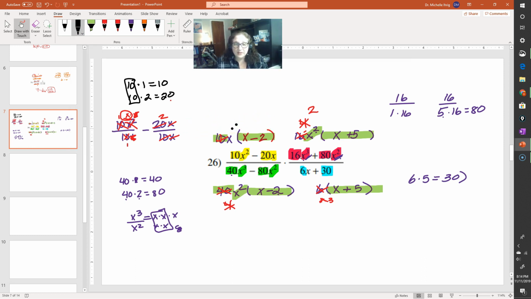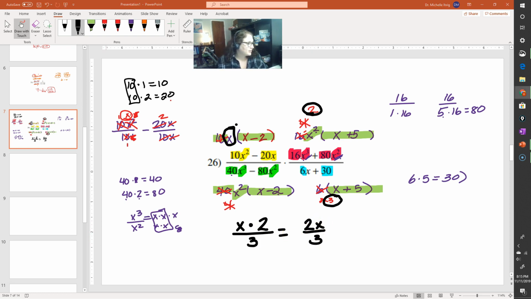So then I see, what did I not cancel out? Well, I didn't cancel out the x. I didn't cancel out the 2. Everything else in the numerator got canceled out. And in the denominator, everything got canceled out except this 3. So that means my answer is x times 2 divided by 3, which we would just rewrite as 2x divided by 3. Let me make sure I did that one right, because that was a lot. Yep,